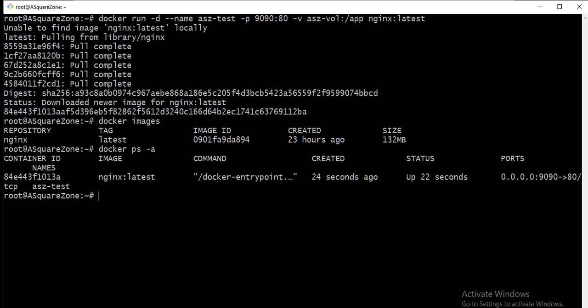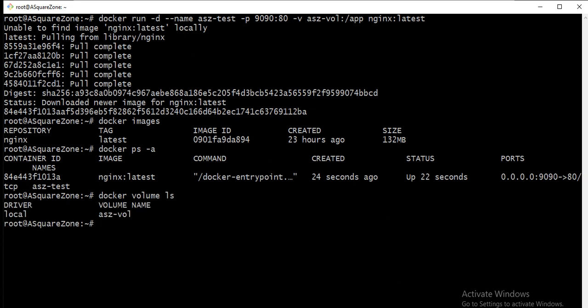Now we can see Nginx is running in the browser. A volume is a specially designed directory in the container. It is initialized when the container is created. Now we can see the list with docker volume ls.